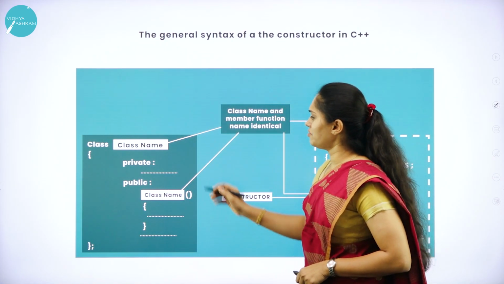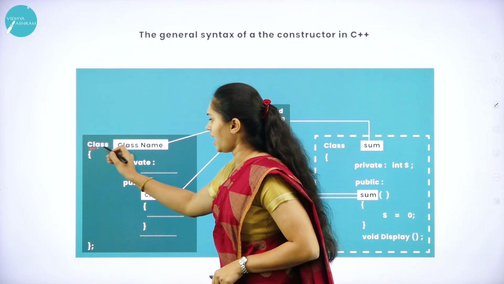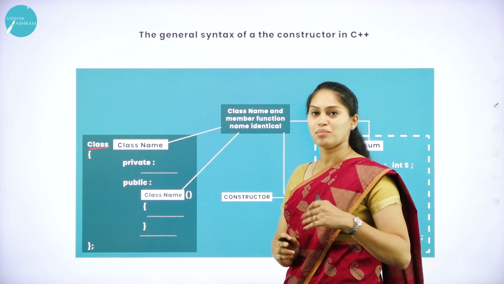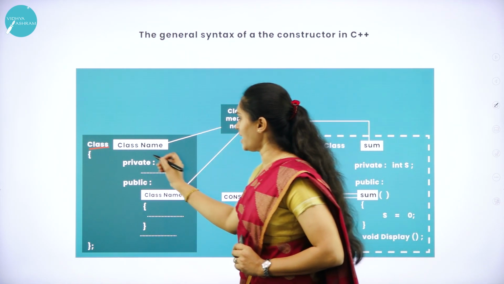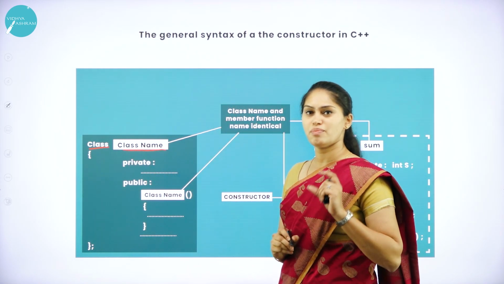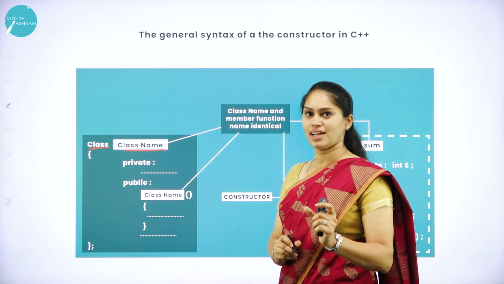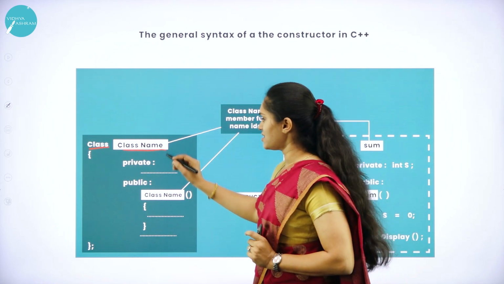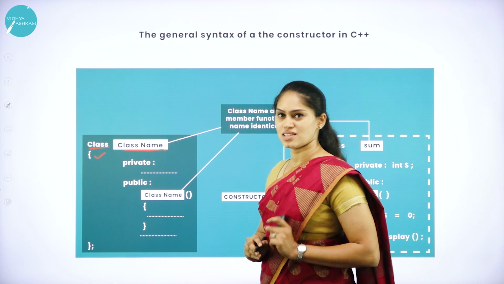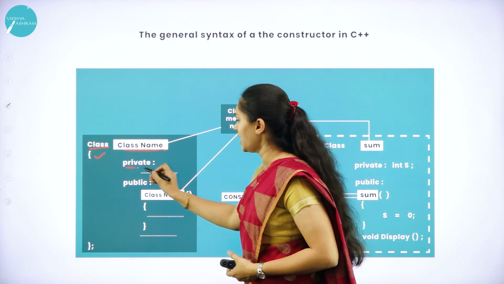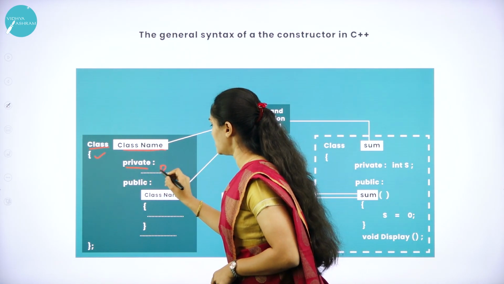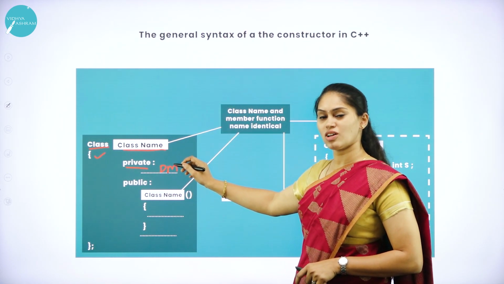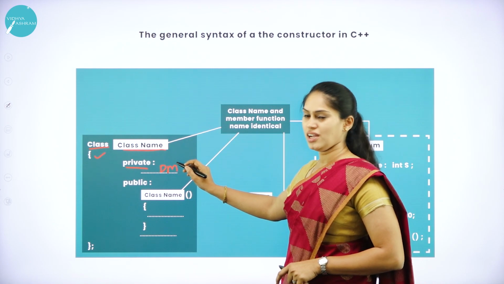What I'm doing here, we'll see the syntax. I have a class keyword. What is this class keyword? That's specifying I'm using a class. After that, I have a class name. In order to specify a class uniquely, I'm going to give some name for the class, that is the class name, and here the scope of the class starts. After that, in private, I may have several data members, or data variables, of the class.